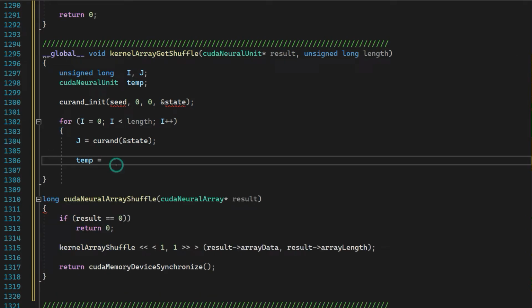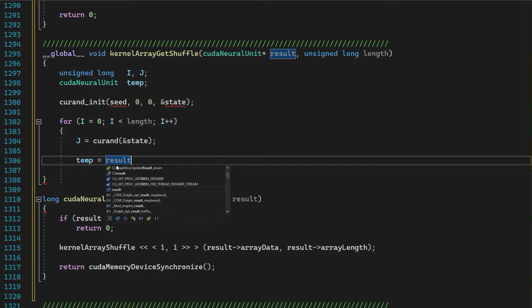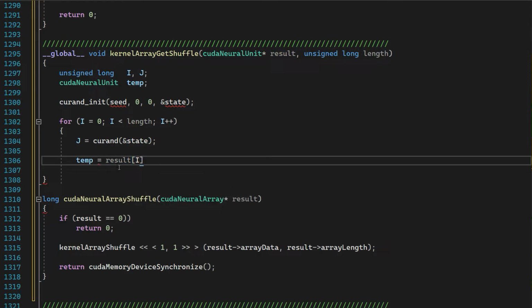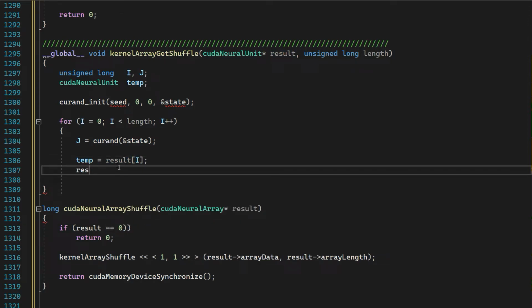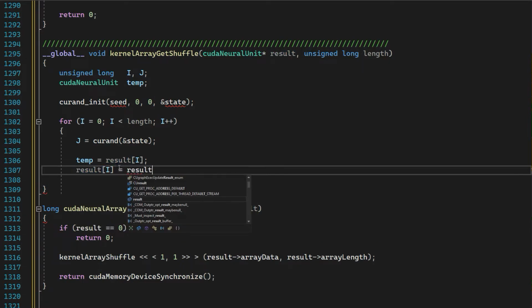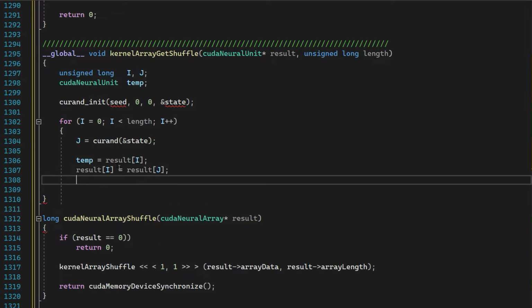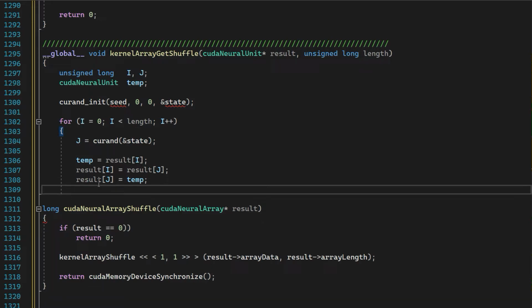Okay, temp equals result dot I. Result dot I equals result dot J. Okay, result dot J equals temp. That just swaps the values: you pick two indexes and then you swap the values in each one. Okay,